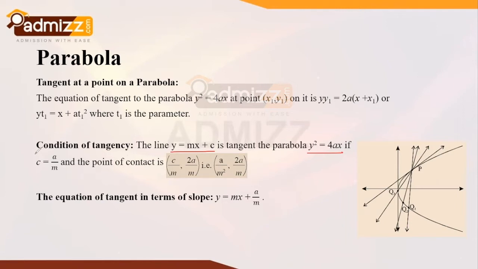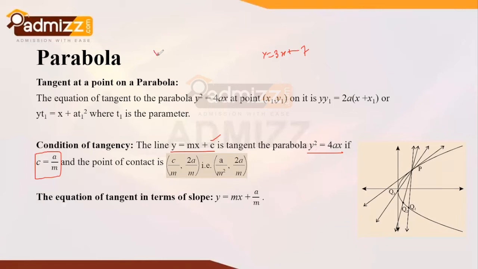So what we can do is c is equal to a upon m. This is the condition. Now the c value is the intercept value which is already there in the question. Let's say if the equation is of the form y is equal to 3x plus 7. So the c value is already mentioned, that is c is equal to 7, and a by m, the a value you need to find out from this equation of parabola y square is equal to 4x.